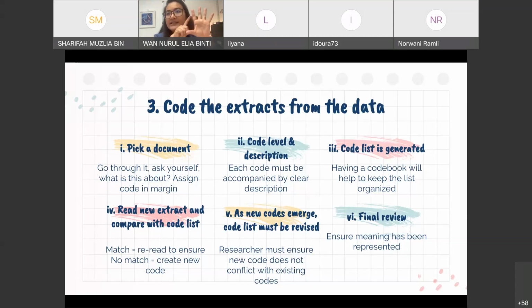You pick up participant 2's interview transcription. You go through the same steps again, and then you see whether the codes that you have used for participant 1 match with any of participant 2's interview transcription. Try as much as you can to match to what you have developed for participant 1. If there's no match, confirm. You have looked at the description again and again. It's something new, something that was not mentioned by participant 1. Then you create a new code.